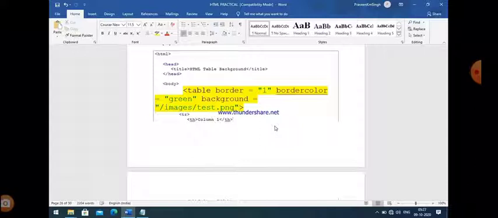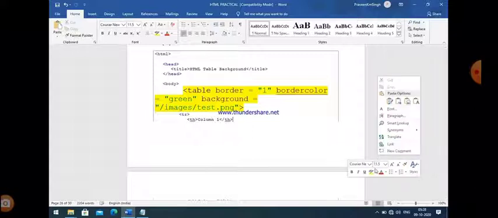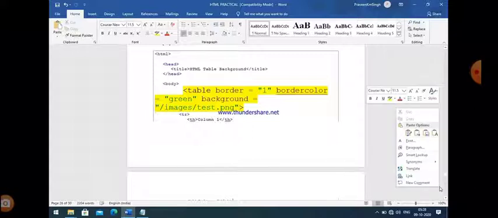It then works as a background of your table. And the rest of the coding is the same, tr, th, td. We define different rows with tr, th defines the table heading, td defines the table data. All parts are the same, but here I just focus on how to set the background of your table.